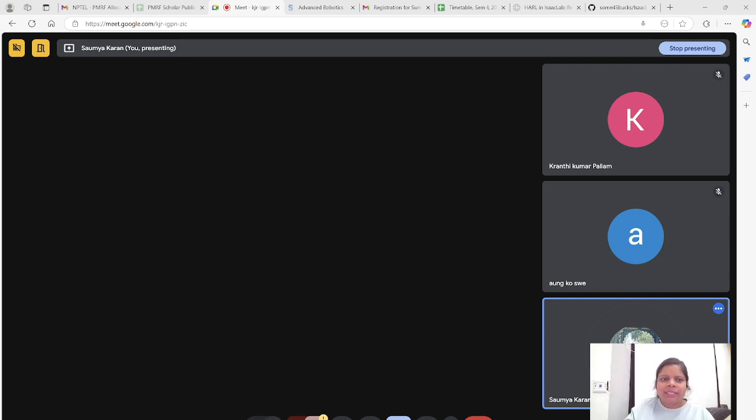Okay, then the second one which we did is this one for gaits. This is the same code. So from here you can see. I hope the screen is visible. Let me check.